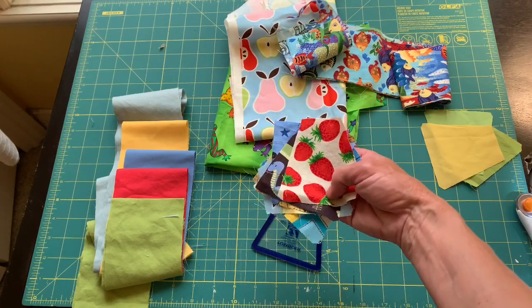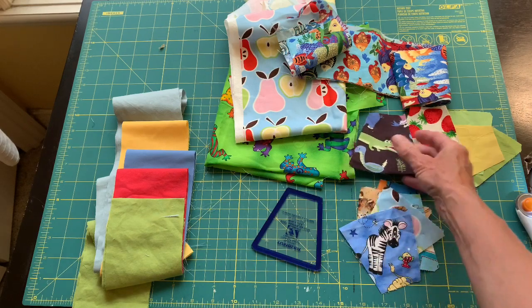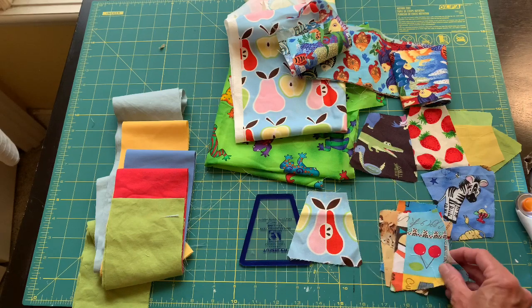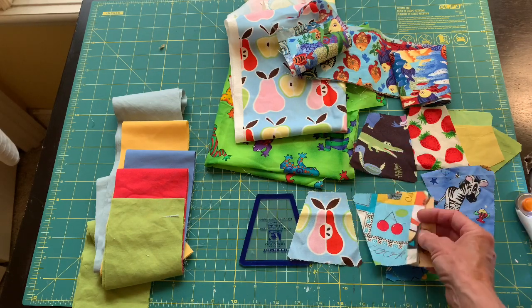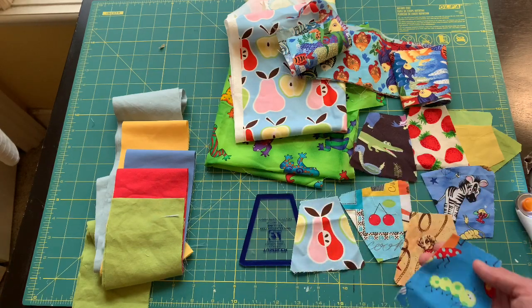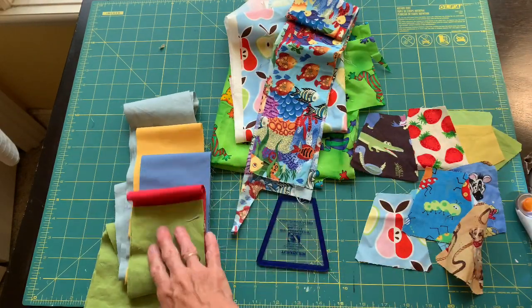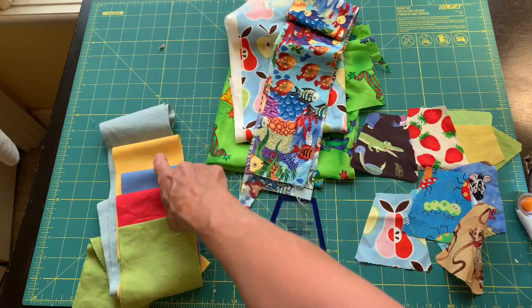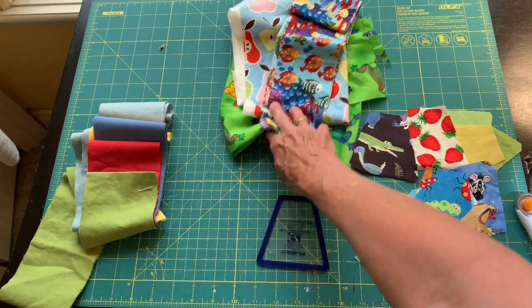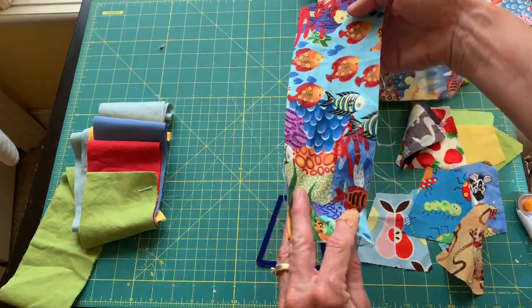I'm going to be using 30 I Spy fabrics, just different fun pictures for kids that I fussy cut so that the picture was in the middle of the tumbler. Here's some of my fabrics, and then I'll need some plain fabrics, and I figured I would need a 1/2 yard of each of these 5 different solid colors. To cut the fabrics,